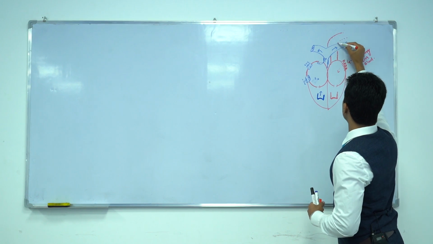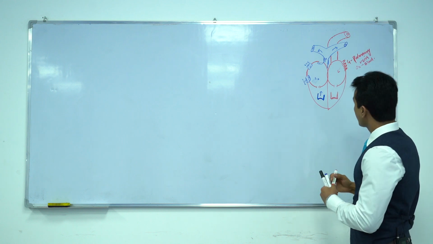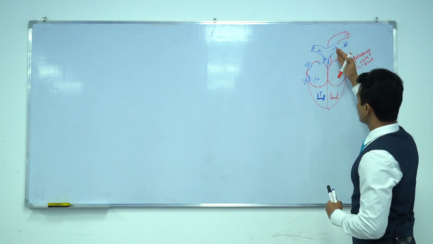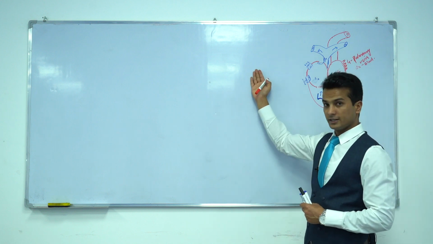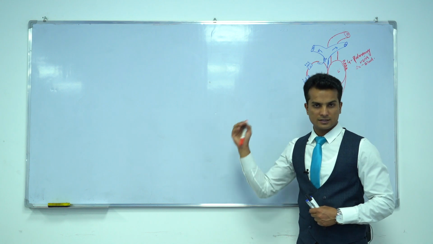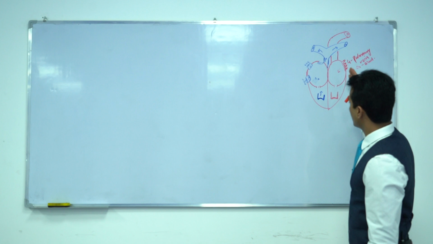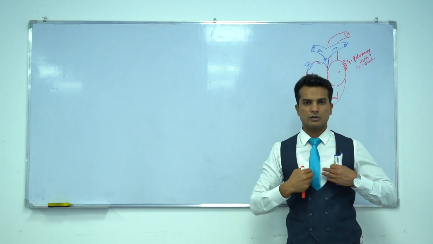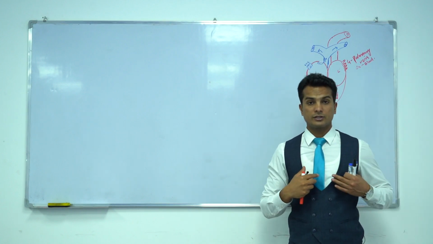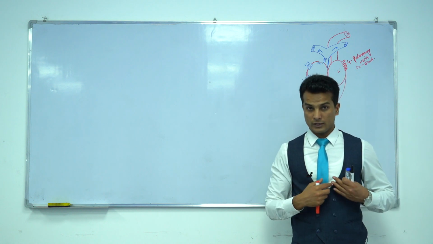So this is now the aortic arch, and the aortic arch gives three major vessels, which we will discuss here: the brachiocephalic trunk, the common carotid arteries, and the subclavian arteries, which we will discuss in detail. Then it comes down, and this is called the descending thoracic aorta. The descending thoracic aorta in the thorax gives important branches to your pericardium, to your lungs, and to the esophagus.